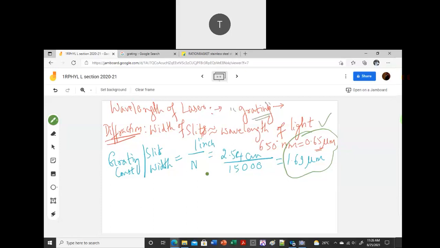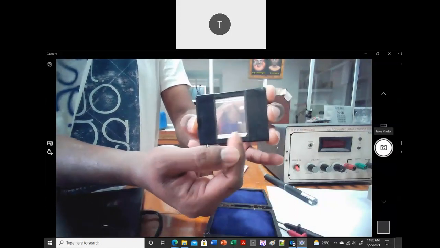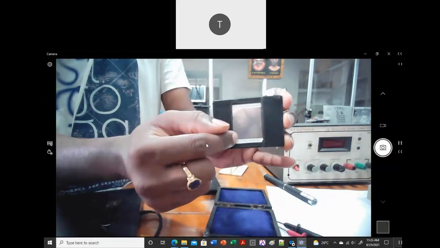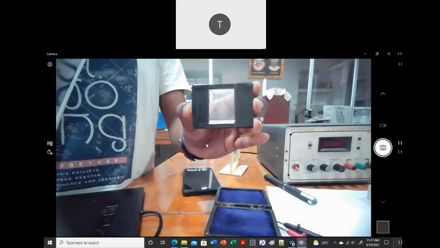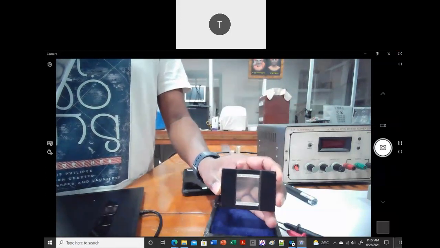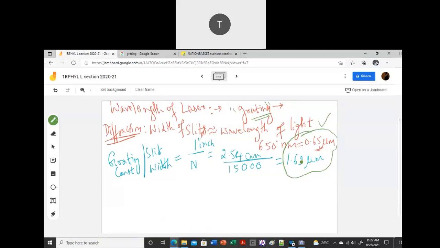So grating means, now I will just show here. If you take this grating, it is almost 1 inch width, 1 inch height, so 1 inch by 1 inch. Inside this, you will have 15,000 lines, horizontal and vertical. So you have lines like that, and also lines in this form. The spot in between each of the lines is called a slit, and we get the width of the slit as 1.69 micrometer. You cannot even see it with your eyes. It is very difficult to see those things with your eyes.